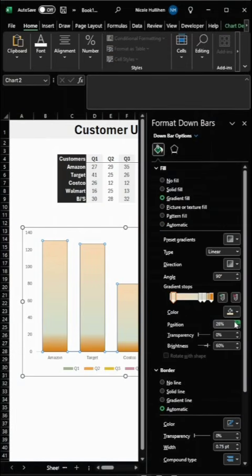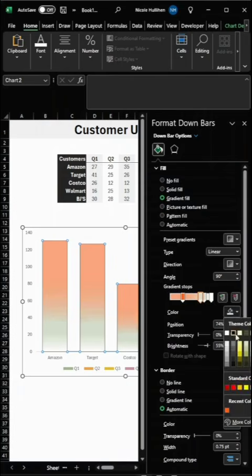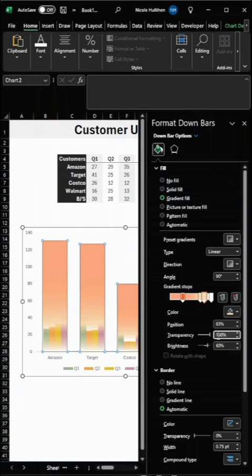When you click on gradient fill, you will have a bunch of markers appear here. You can change the transparency, you can change the different colors, so you can start on the left dark. As you can see, I'm changing the different colors here. It's doing different things, so go ahead and play around with that. The middle is going to be lighter if you click on those little middle markers and change it to a lighter shade. I'm doing different shades of orange, and now I'm changing the transparency on these so that the bars